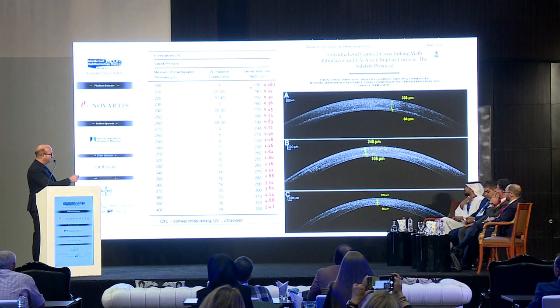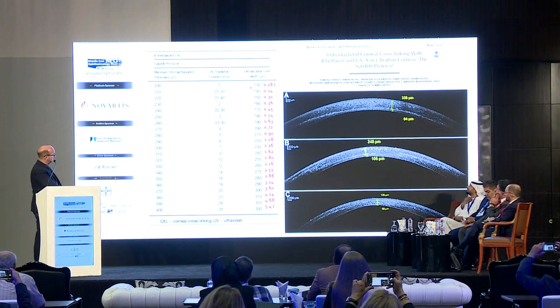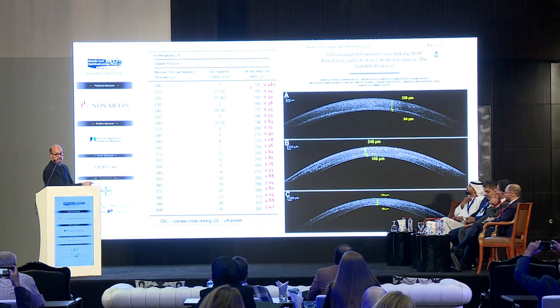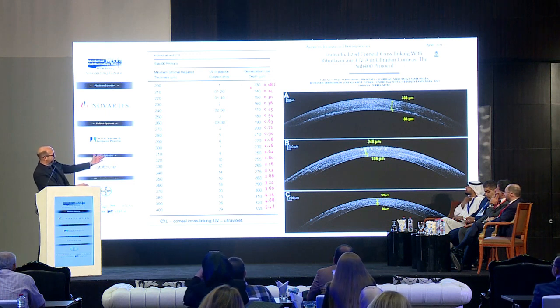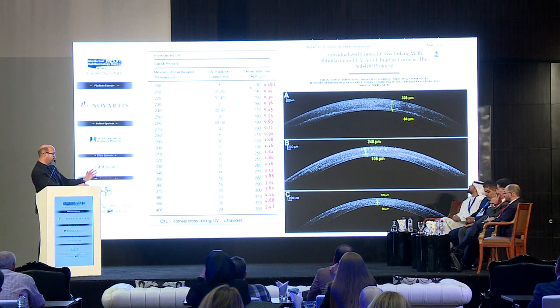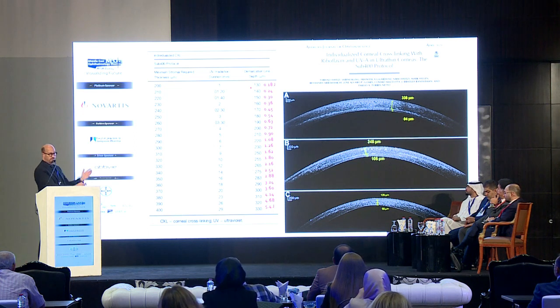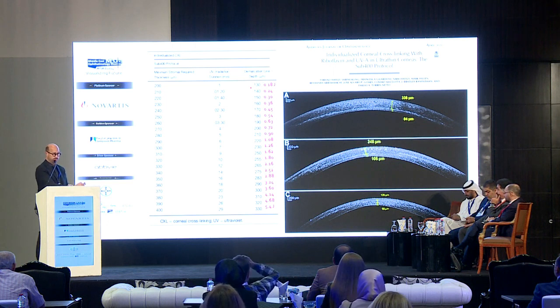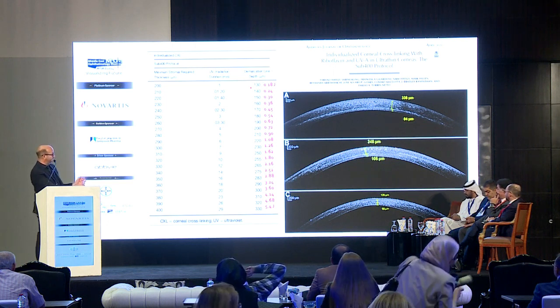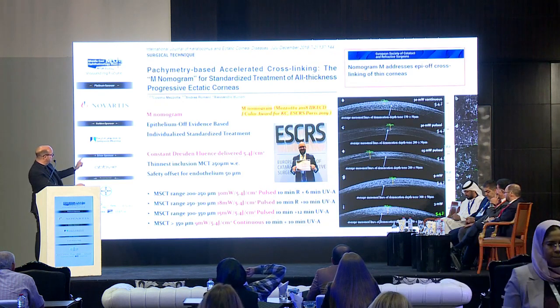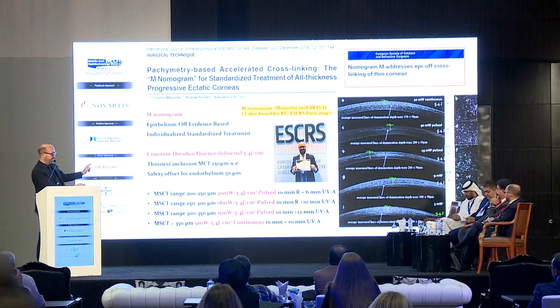This is the sub-400. If you treat a cornea of 250 microns, you give not 5.4, but you give 1.6 fluence. If you treat a 200 microns cornea, you give 0.72, not 5.4. While, if you use this nomogram,